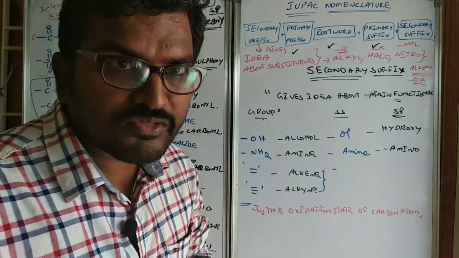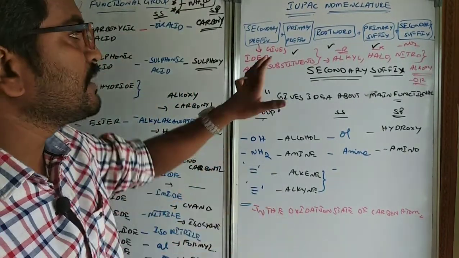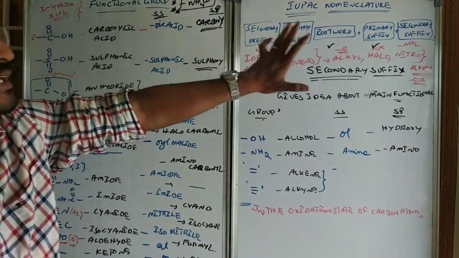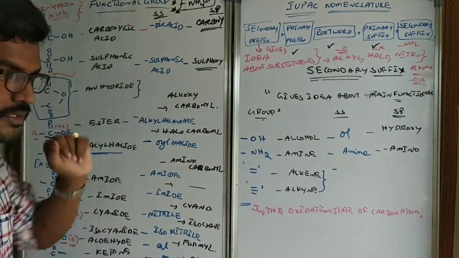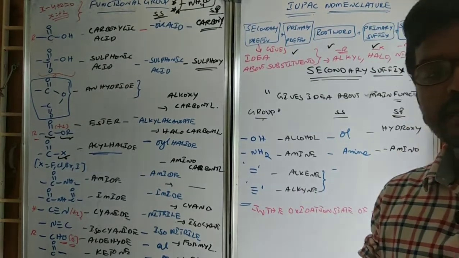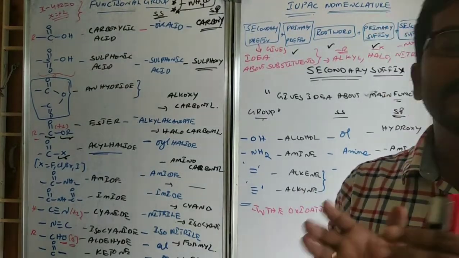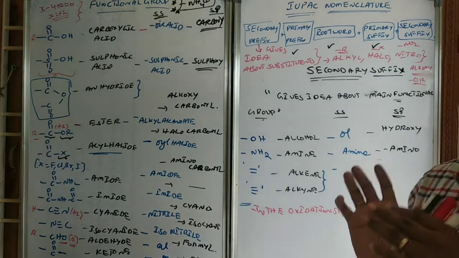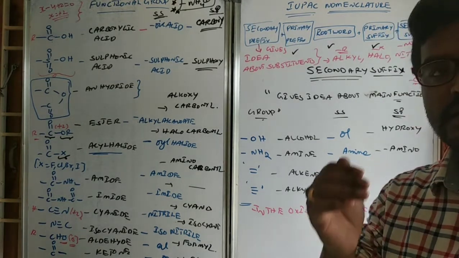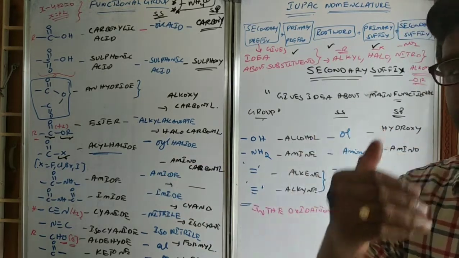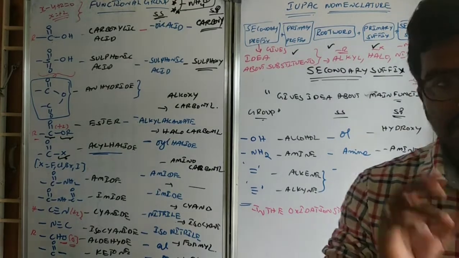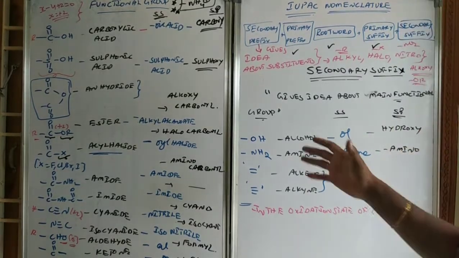Always, except the main functional group, all other groups will become the secondary prefixes. So like this we can study about the IUPAC nomenclature. Have a glance at this. So with this we had an idea on what is root word, what is primary suffix, what is primary prefix, what is secondary suffix and what is secondary prefix. The next thing, selection of main chain, is over. Let us go to the numbering, or giving position to the locus point. That is a very, very important thing. Have a look at this.